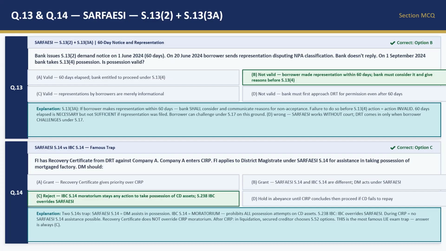SARFAESI, 60 days notice. The bank issues a 13(2) demand notice on 1st June and asks the borrower to pay within 60 days. On 20th June 2024, the borrower sends a representation disputing the NPA classification and the bank does not reply. On 1st September, the bank takes section 13(4) possession. Is possession valid? The possession here will not be valid because the borrower